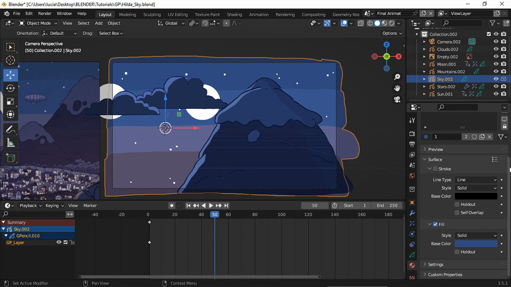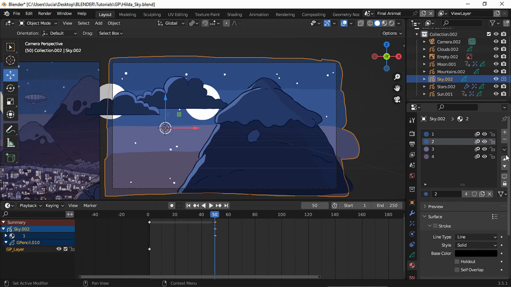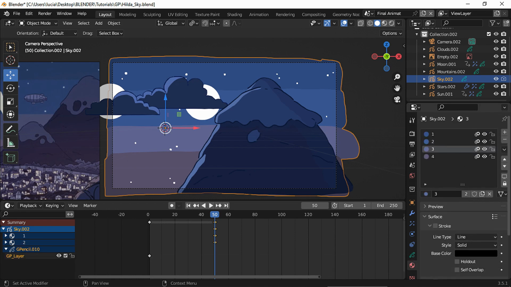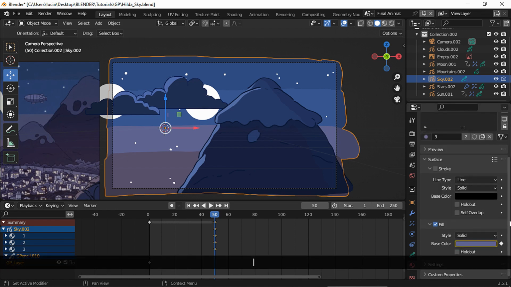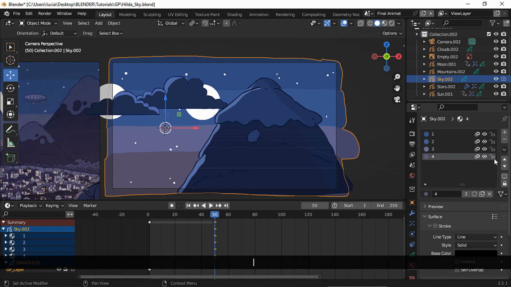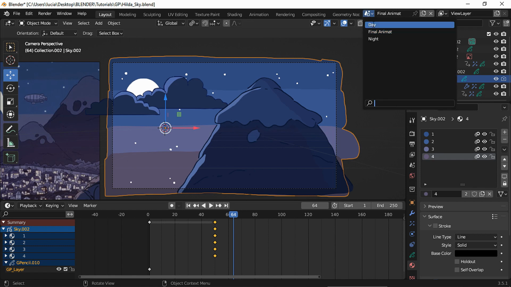To make the color changing animation, I simply made a keyframe for each color. I moved the playhead to another frame and then I copied the colors from the day scene and added another keyframe.